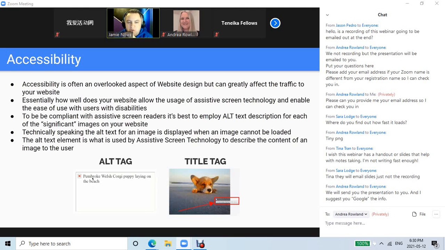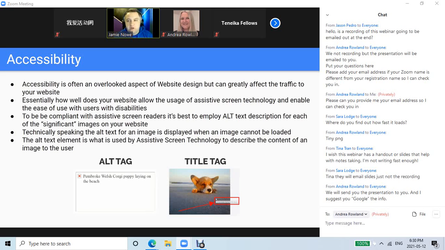situation. And now you have a Pembroke Welsh Corgi puppy lying on a beach. So you can see how this is more of a generic title for the image, and then the alt descriptor becomes a little bit more in depth, where now we're talking about the breed of the puppy. And somebody who might know about, okay, well, a Pembroke Welsh Corgi has this particular coloration and this particular size. It provides more context to the image that you would provide in lieu of the image actually showing up, or